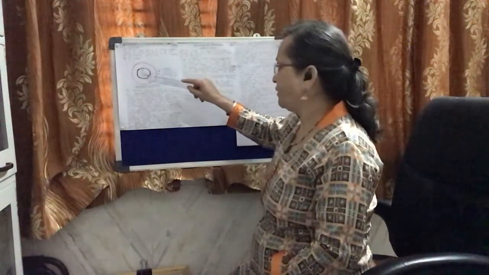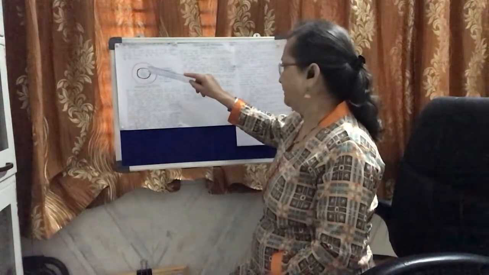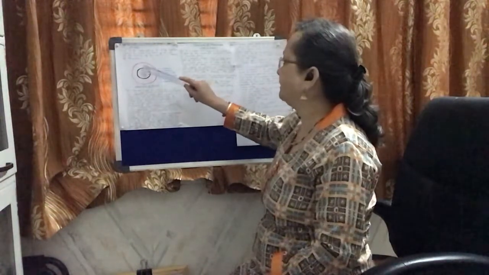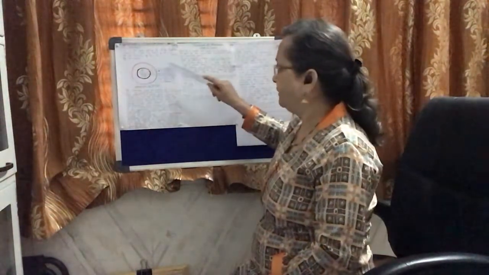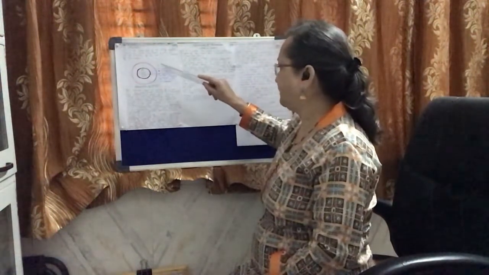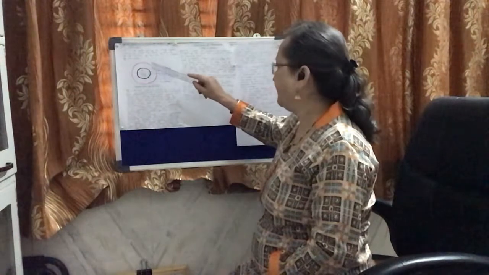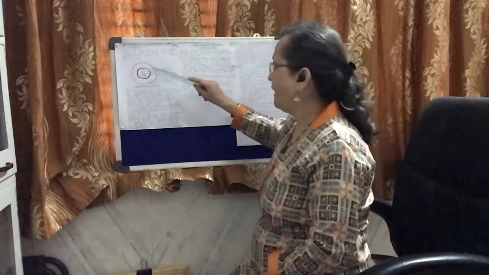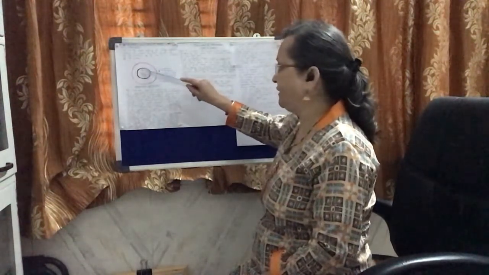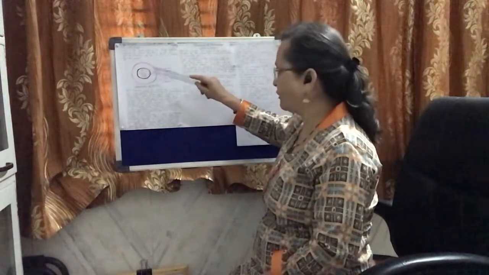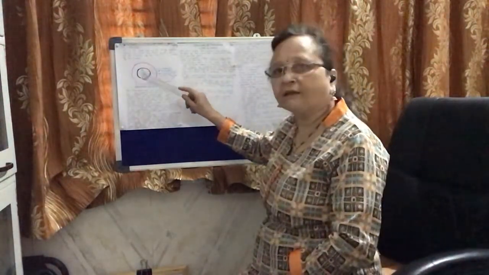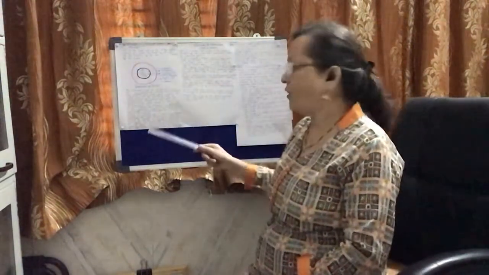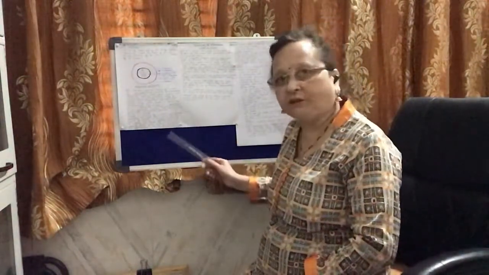A dark round structure is present. Just see here, that is called the nucleolus. Here the nucleolus is labeled, and these patches are the centrioles. The thread-like structures seen here are called the chromatin fibers, which are visible at the time of cell division. The functional segments on chromosomes are called the genes.